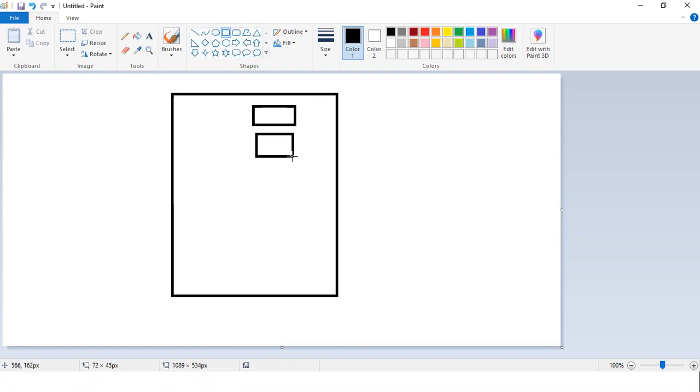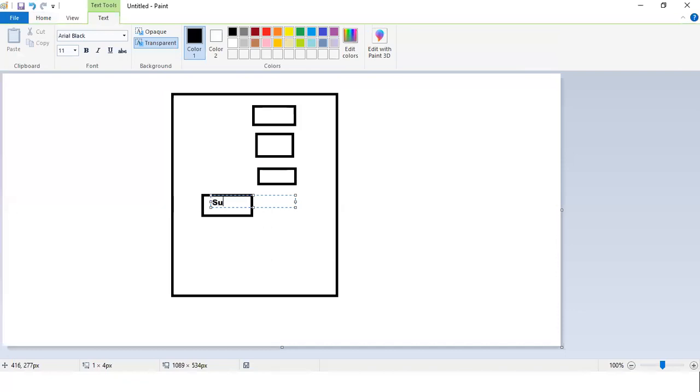Then I want to show the sum of those two numbers. In the third one, I want to show the summation when I click on this button, which let us say is called sum.